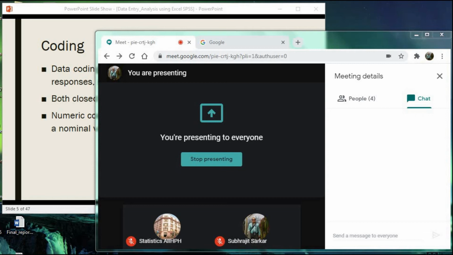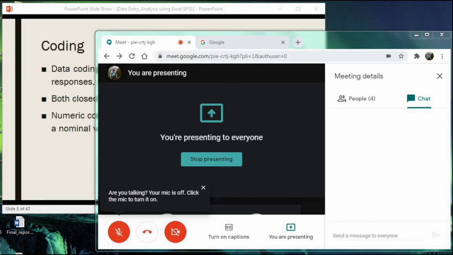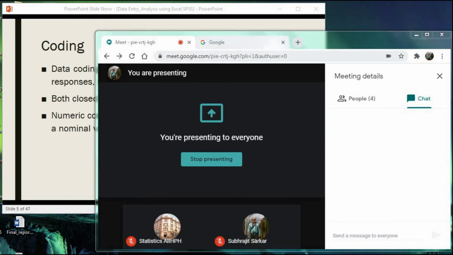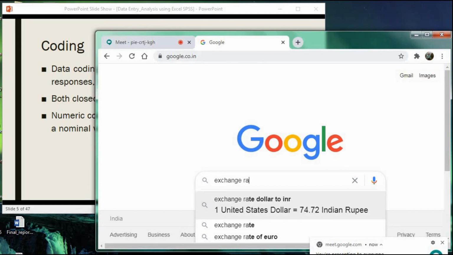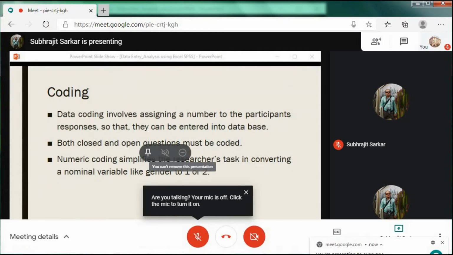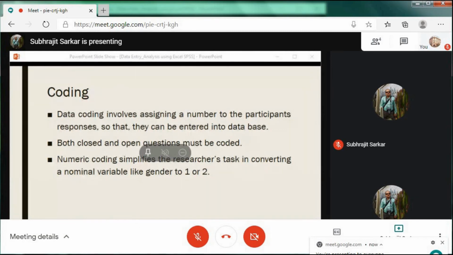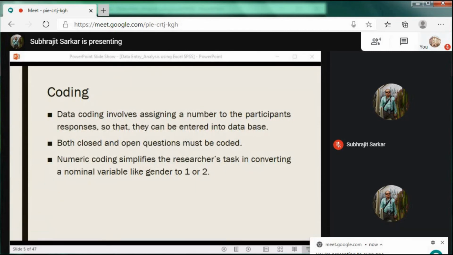One of the benefits of selecting a specific window to present is that only the PowerPoint presentation window is visible to the participants, and you have the entire freedom to do any other thing with your computer at your privy. Suppose you want to look at today's exchange rate, but if you look at the student's account, it is showing the PowerPoint window only, nothing else.